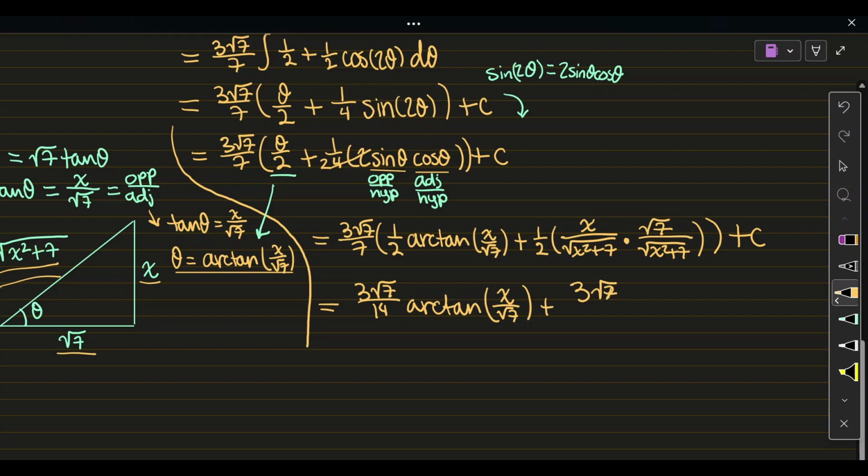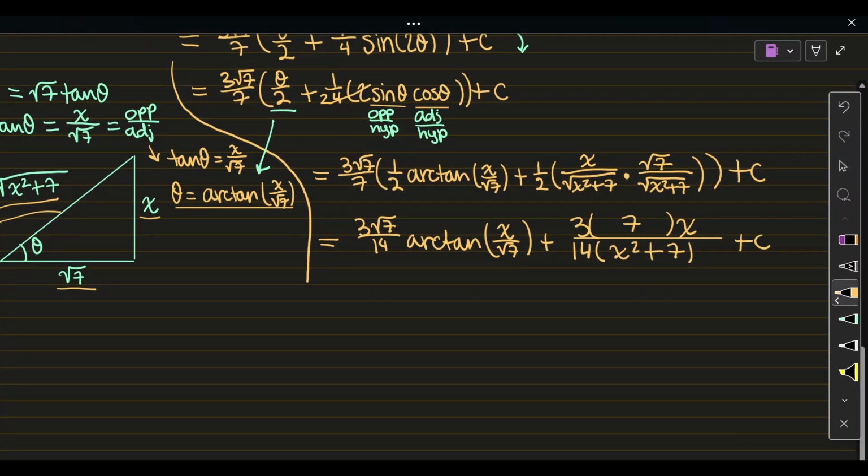Square root of 7 times the square root of 7, because we're talking about this term here, so I have square root of 7, square root of 7, and then times x over 2 times 7 is 14 times, I have 2 copies of the square root of x squared plus 7, so I'll just be left with x squared plus 7. Similarly, these square roots will square and cancel out, so I'll be left with 7